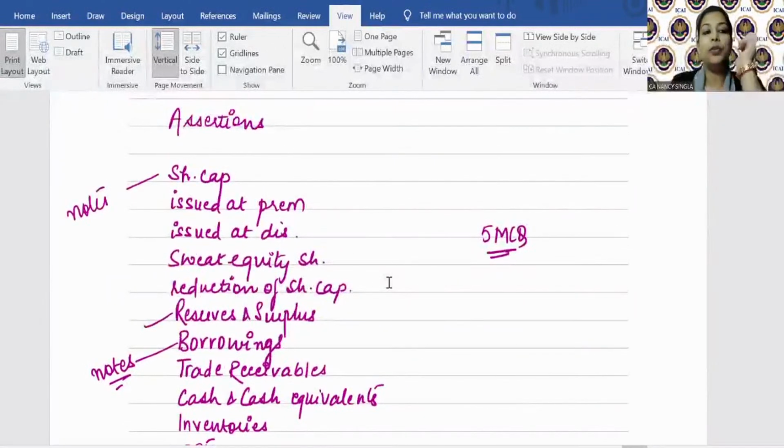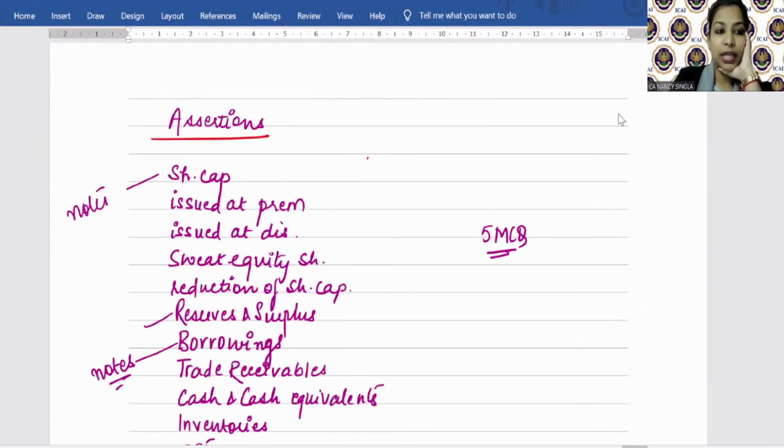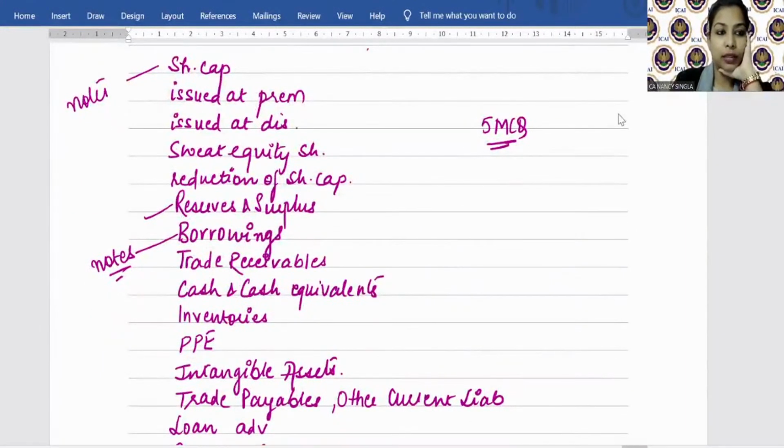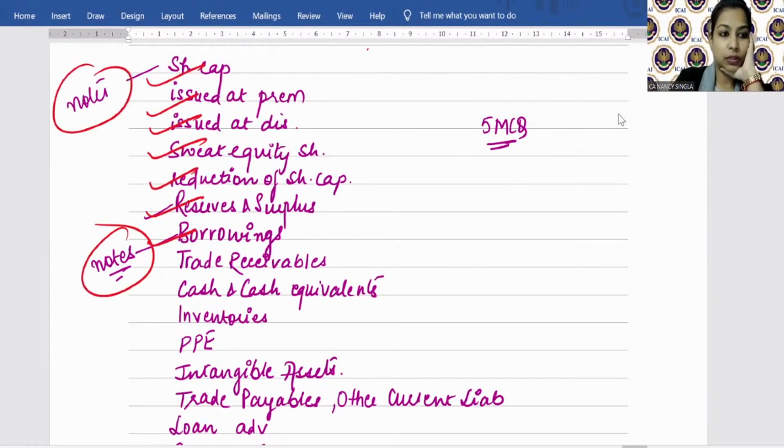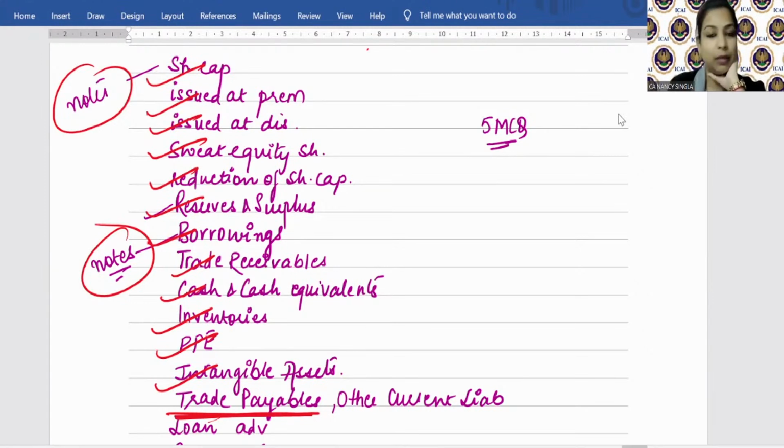Okay? So with respect to the various assertions, we have completed today. This we have completed earlier, except for the notes. Inventories, PPE and intangible assets. Now we'll be touching upon trade payables. We will not be able to complete trade payables, but the verification of PPE and intangible assets is just the same. Same way, whatever you studied in trade receivables, you will be studying the same with respect to trade payables, except for a few changes.